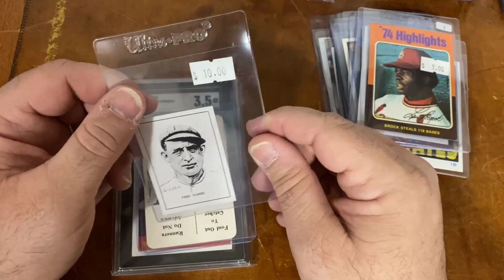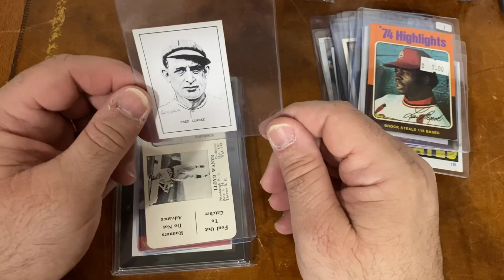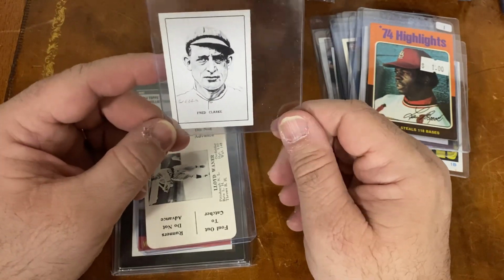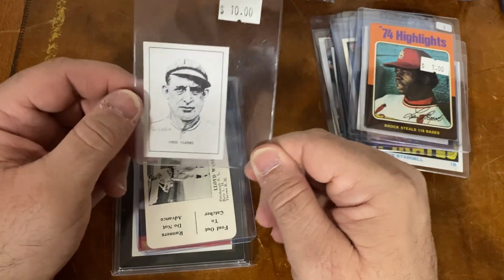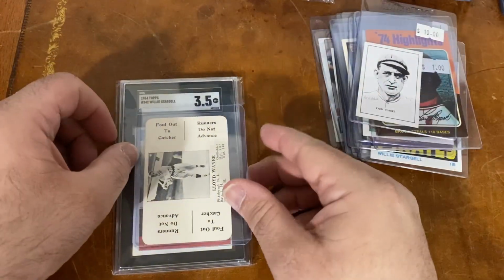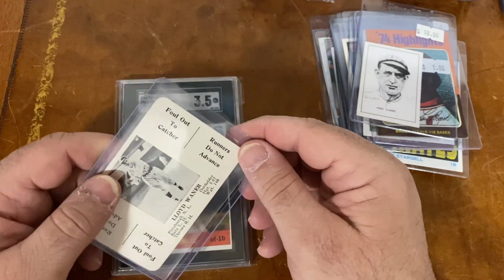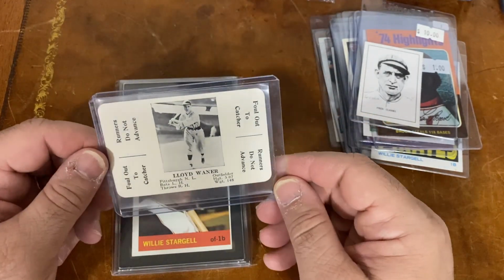I got some, I believe a T206, maybe a T205, maybe a couple other cards from his playing days of Fred Clark. Hall of Famer for the Pirates. And he had listed $10 on that. This one right here,